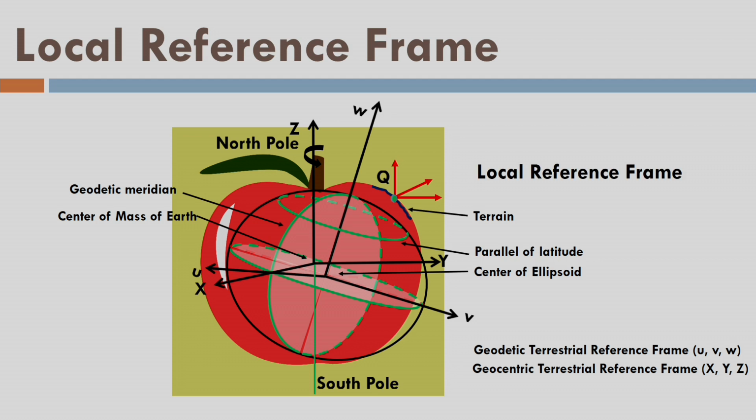Now at point Q as origin, I can take the measurements in the local reference frame, and then I can connect those measurements with respect to maybe the geodetic system, the geodetic terrestrial reference frame which is non-geocentric in nature, or I can connect the observations of a local reference frame to the geocentric reference frame that is centered at the center of the earth. And by this idea, I can always do the measurements on the local reference frame, and I can always connect those measurements to some kind of global terrestrial reference frame which can be geodetic or which can be geocentric. So that's the idea here in order to define 3 kinds of systems.